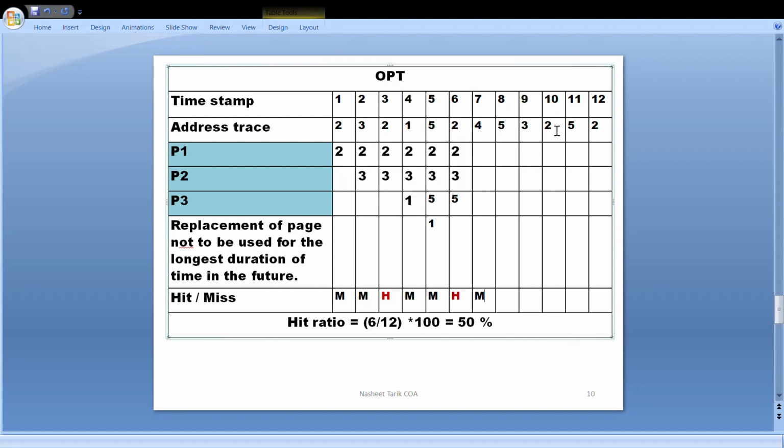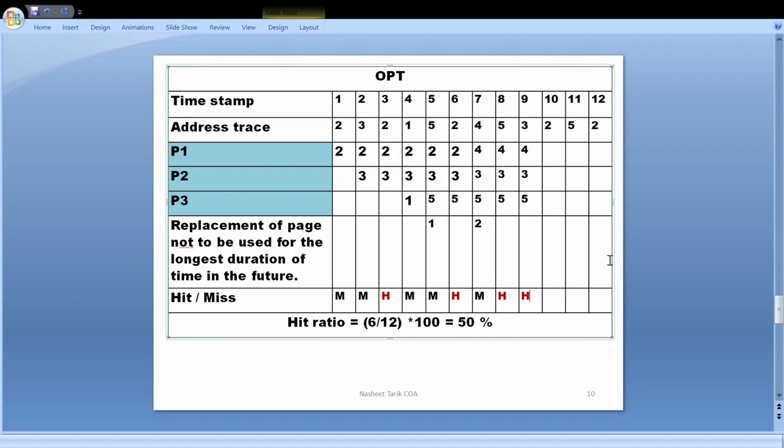2 is coming here, 3 is here, 5 is here. So which one is the farthest? 2 is farthest, so the page that will be replaced is 2. And new page 4 will come in place of 2. Now page 5 is accessed. 5 is there in M1, so the processor will access M1 directly for this particular location and it is a hit. Also page 3, processor will directly access M1 and it is a hit.